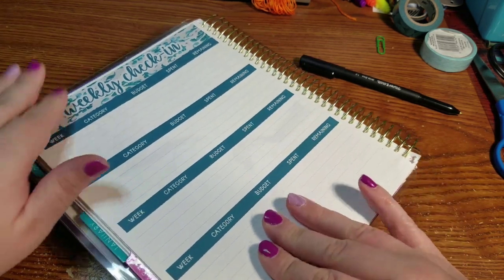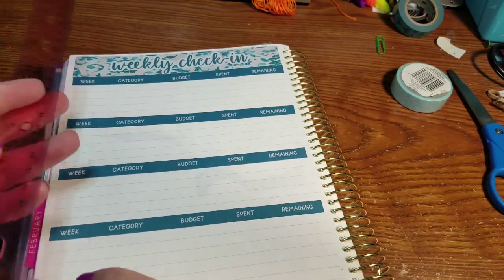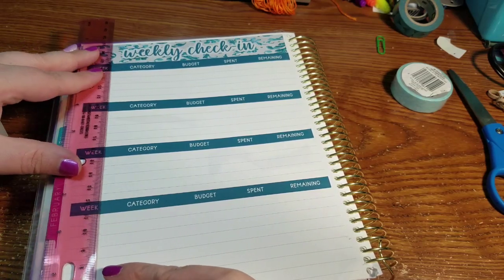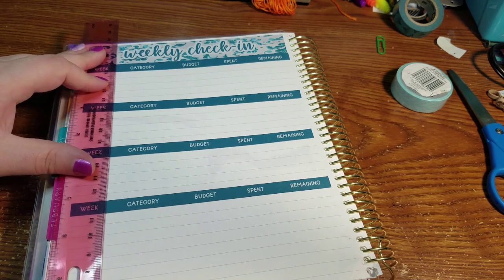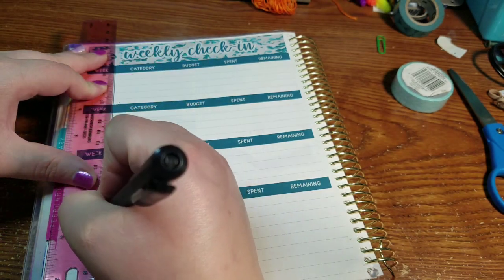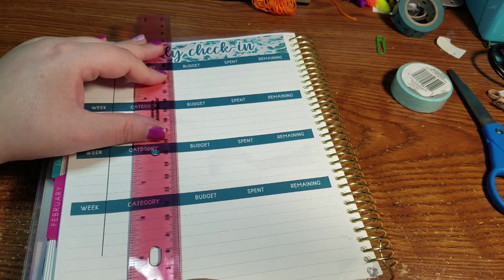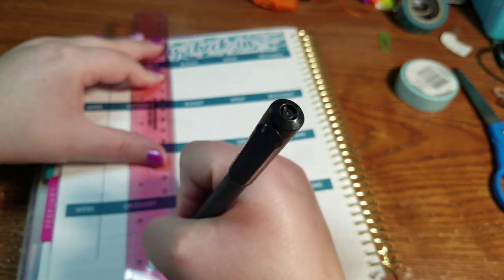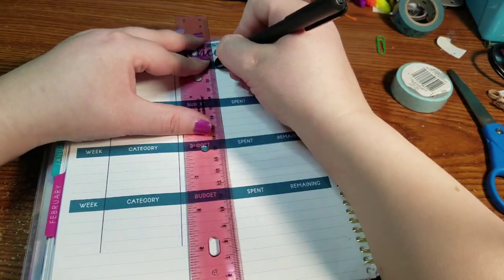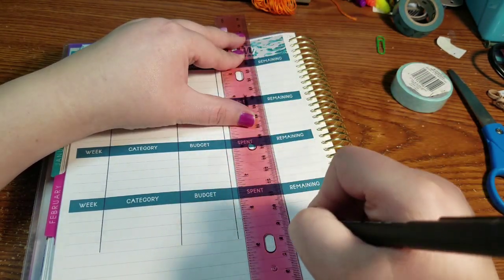So we have these here, and I'm going to go ahead and make my lines real quick. Which you really can't see the lines on these ones. Alright,